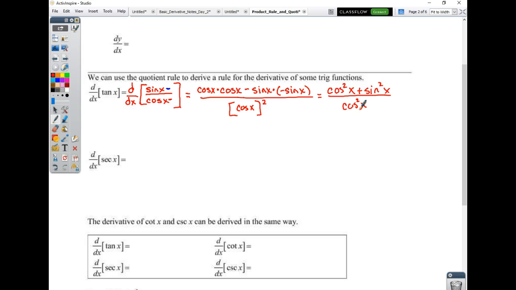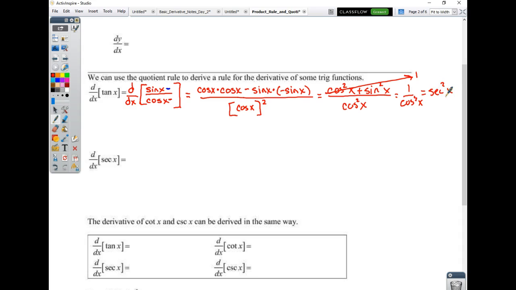And where is the other trig identity? Top. Cosine squared plus sine squared is? Go for it, Kiva. He's got the answer in the back of his throat. I don't want to finish it in case it's wrong. So now what do we have? We have 1 over the cosine squared of x, which is, of course, since the reciprocal of cosine is secant,